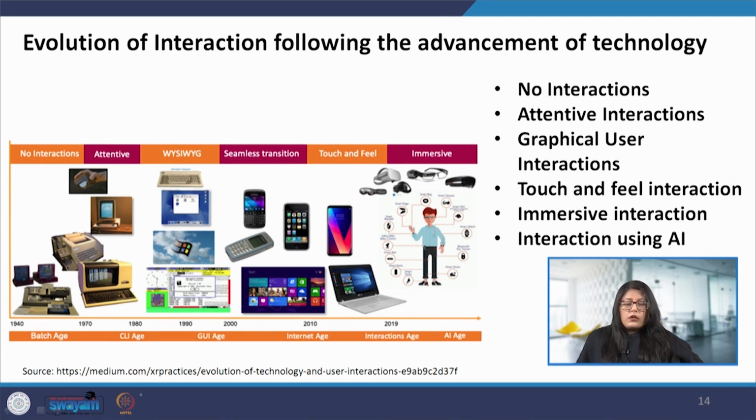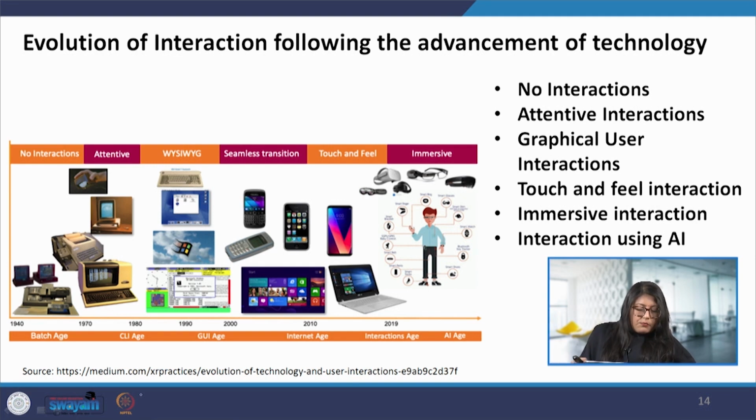Next came the graphical user interface. So now we were interacting with some kind of graphical interface, and here, for example, clicking the mouse, how long it takes to give the feedback, how slow is it. So the minute I click, will it instantly work on the command, or will it take some time, will some lag be there. So this was the time when the graphical interfaces were used.